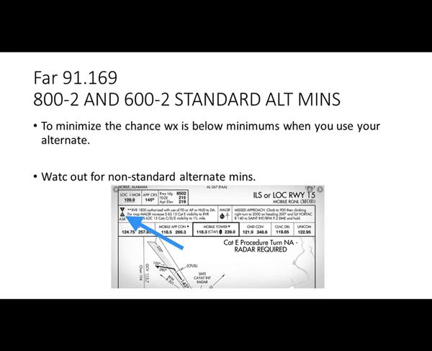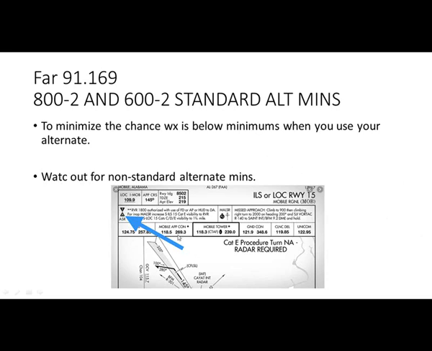So if you're going to put an airport as an alternate, the weather on that airport has to be 800-2 for a non-precision approach and 600-2 for a precision approach. And this is to minimize the chances of weather below minimums when you use it as your alternate if you